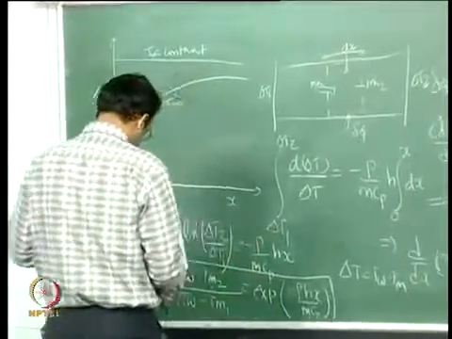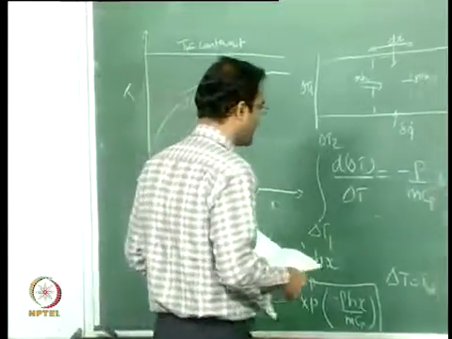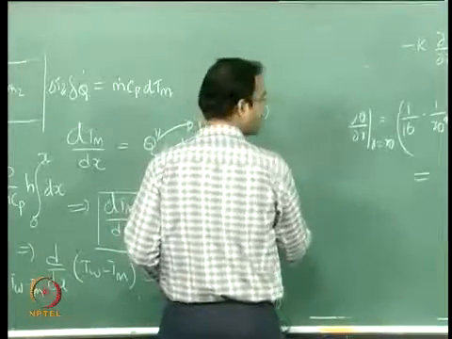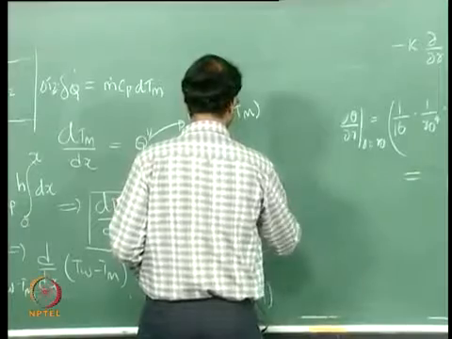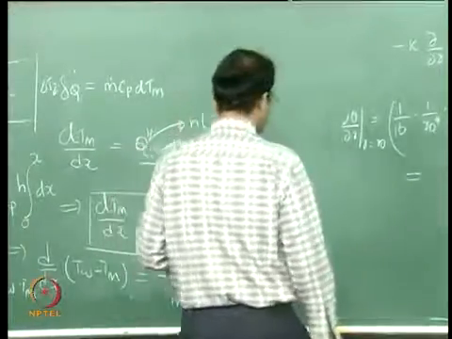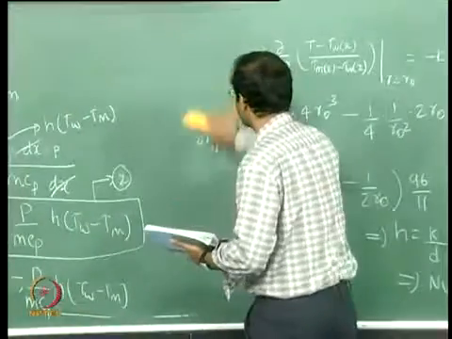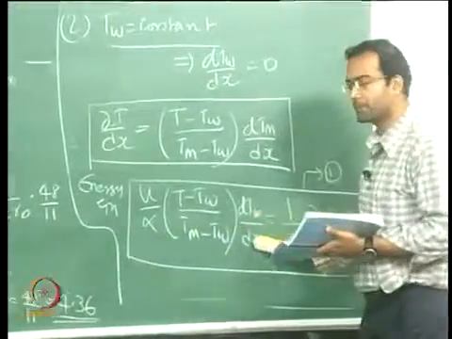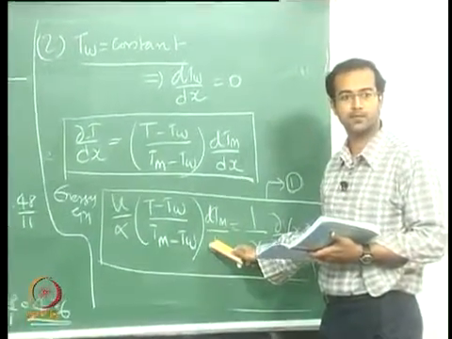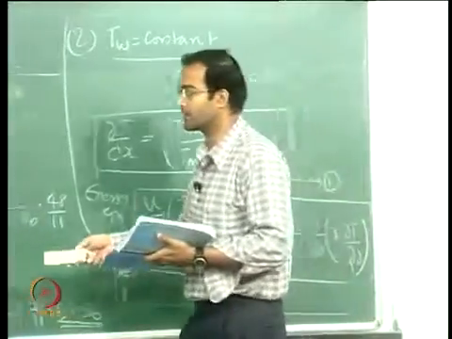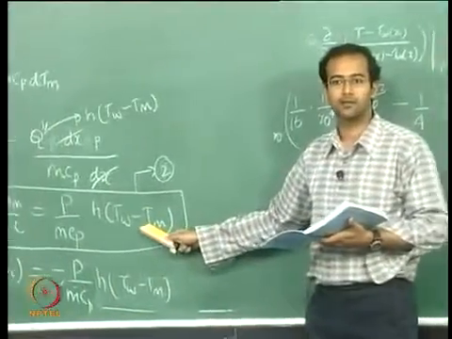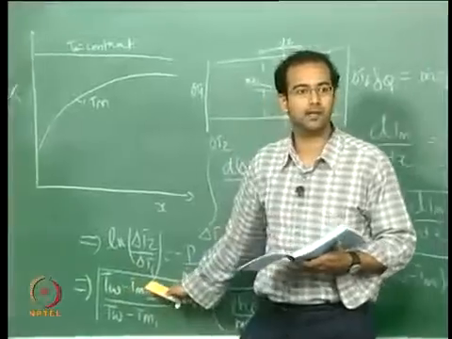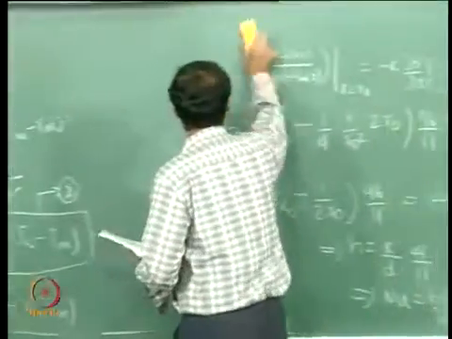Now, having known this, and we have this particular expression here, let us call this expression number 4. I started with 1, let me call this 2 now. So we will use this expression to simplify for dTm by dx, because we have a dTm by dx term in this equation, so we have to simplify this a little bit. For that we are using the energy balance. Also we should know how the mean temperature profile varies, so for that we can use that equation and integrate it out. So now from 2,